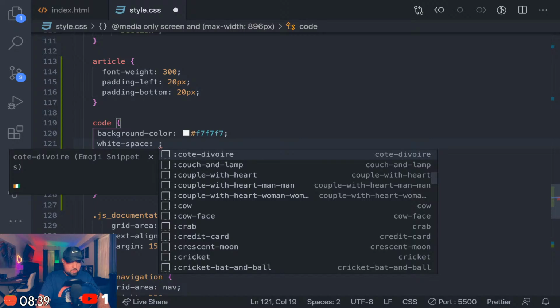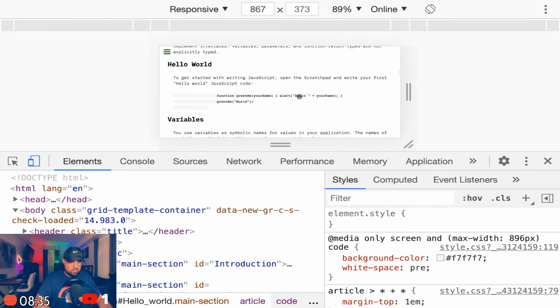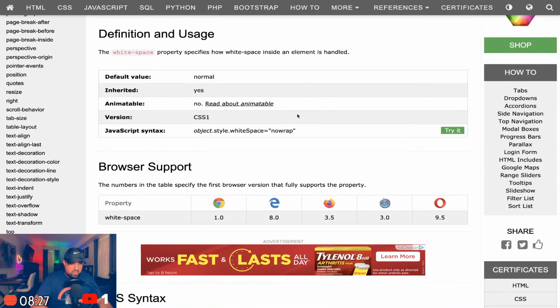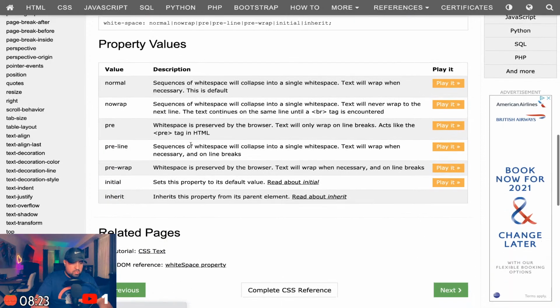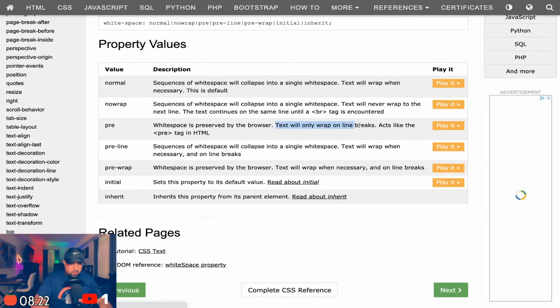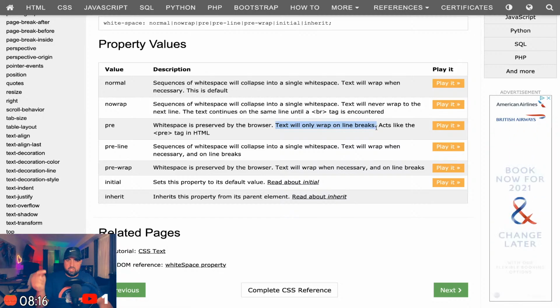White space pre. Yeah, all right. Let's see. I didn't know that. That's new for me. So the white space pre basically will wrap. So I was trying to achieve like the end of that, the return statement in that code block,